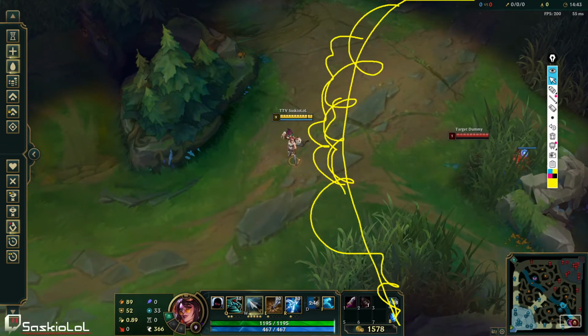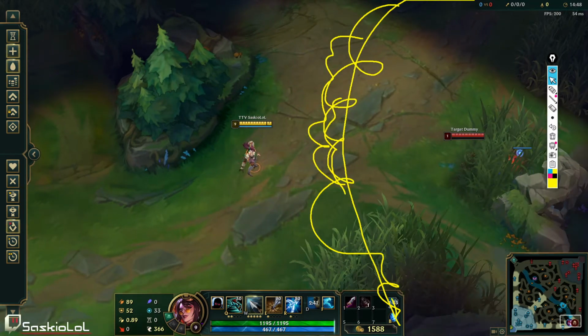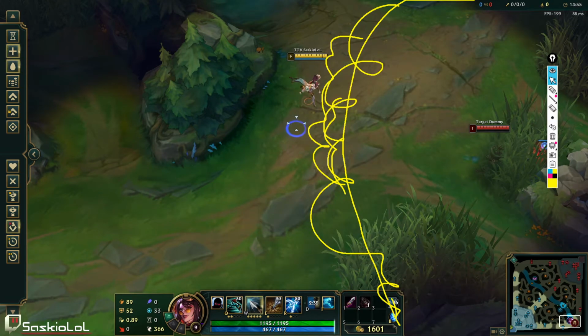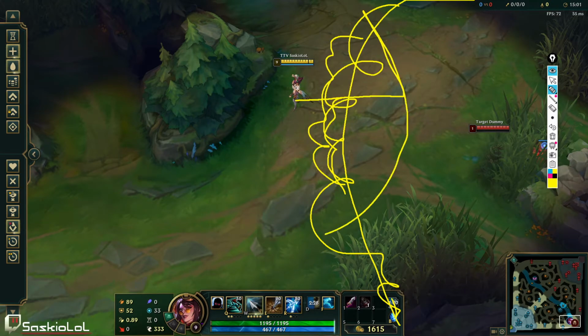So now as an ADC, when you're farming, you probably want to sit... Let's try to... There you go. That seems more realistic. Okay, so when you're farming as ADC now, you probably want to sit somewhere around here while you're last hitting these minions, okay? Because you want these minions to be in your zone of influence. Probably a bit longer than that, but it's fine. So, essentially, you're putting yourself in a position where you can auto-attack the minions, but you're outside of Brand's W range. And then obviously you have to account for the enemy ADC too, right?